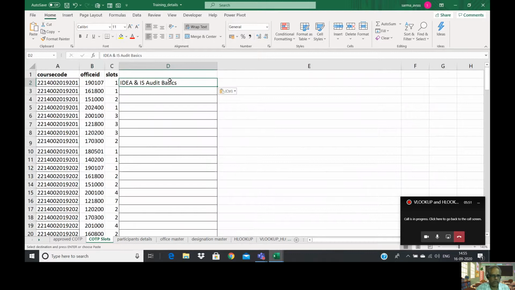So this is what generally we will do if we don't know the functions available in Excel. But this is very, very tedious. If very few records are there, then fine. Otherwise, it is very, very difficult for us.